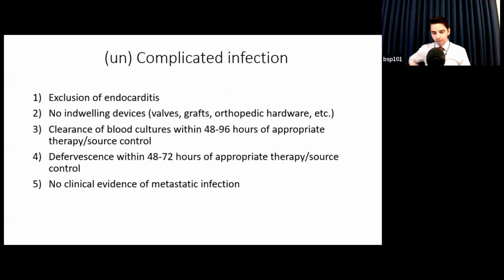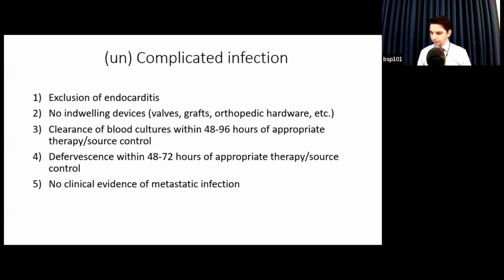I've used the term complicated infection a few times now, and sort of confusingly, the way we categorize infections as complicated is by ruling out that infections are uncomplicated. And these are 5 things I've listed here. This is from the IDSA guidelines on the treatment of methicillin-resistant Staph aureus. But these are the checklists that we've used to determine whether patients have an uncomplicated bacteremia or a complicated bacteremia. And the importance of determining between the two is it helps you figure out who is at high risk for complications and who is at high risk for recurrence.